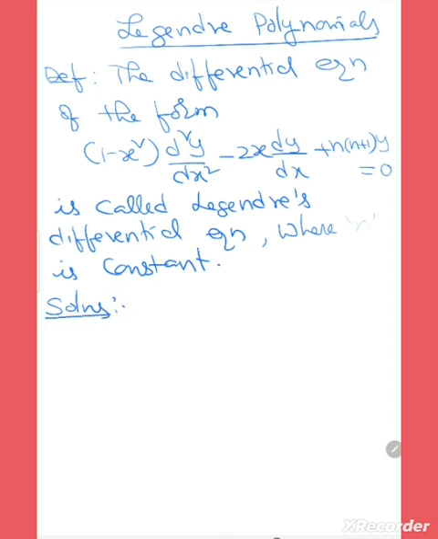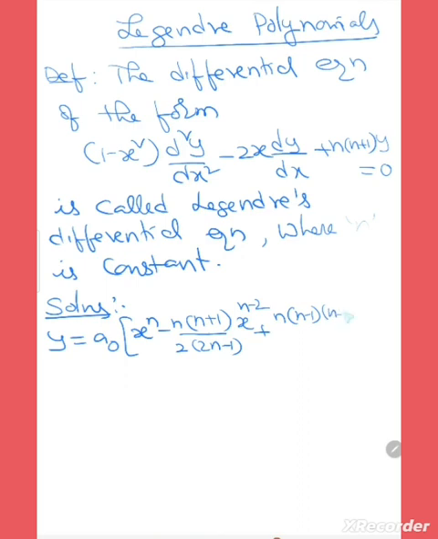just to remind, the solutions are y is equals to a naught times x power n minus n into n plus 1 into x to the power of n minus 2 by 2 times 2n minus 1, plus n into n minus 1 into n minus 2 into n minus 3 by 2 into 4 into 2n minus 1 into 2n minus 3 into x to the power of n minus 4, plus and so on,